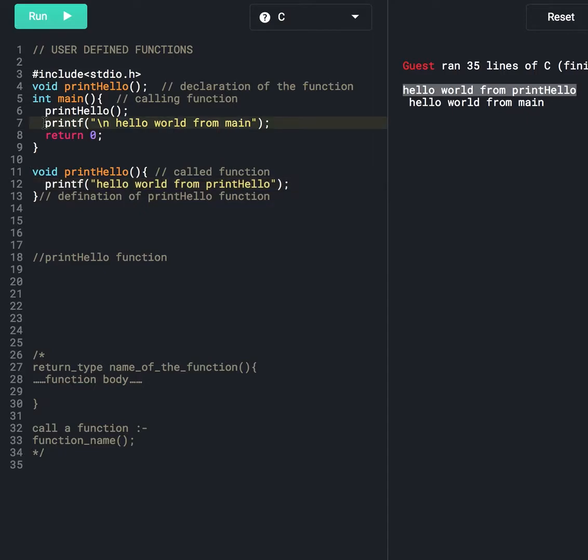The compiler will come to line number 7 and it will execute the rest of the lines. At line number 7 it will print this statement, hello world from main. See the output screen. After executing line number 7, at line number 8 it will return 0. Since the return type of the main function is integer, 0 will be returned.